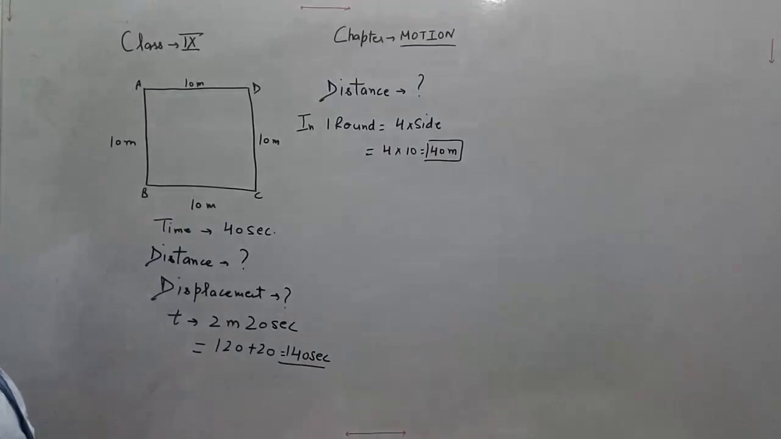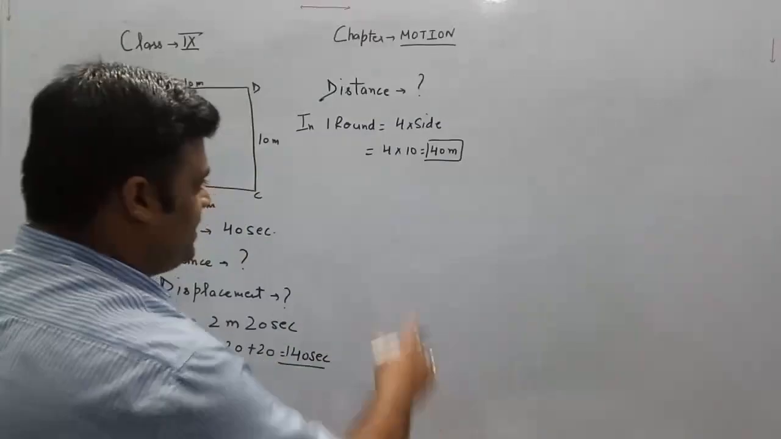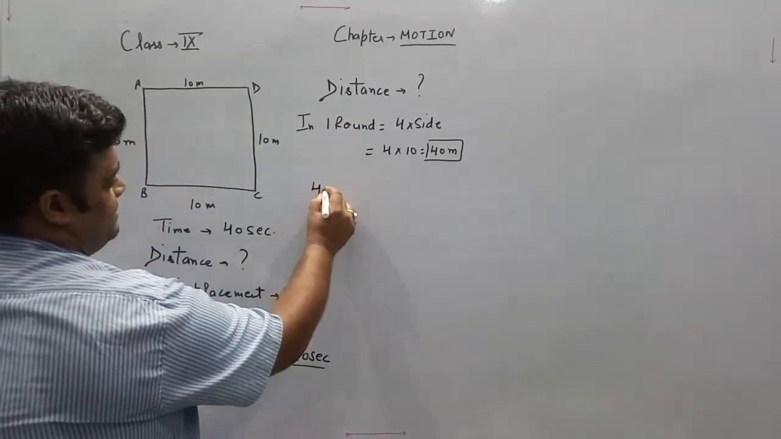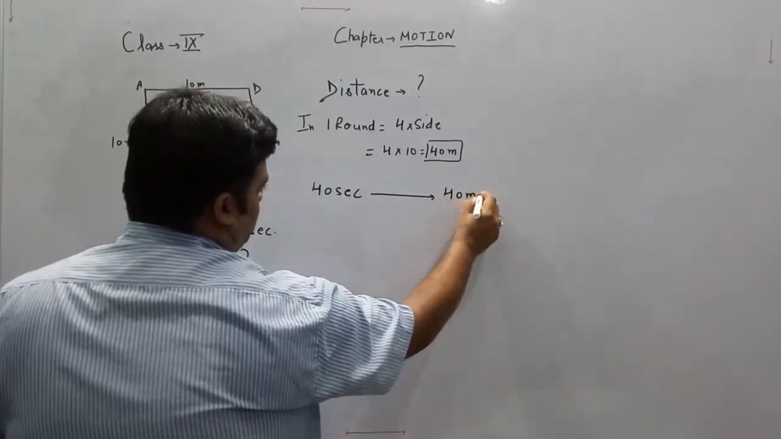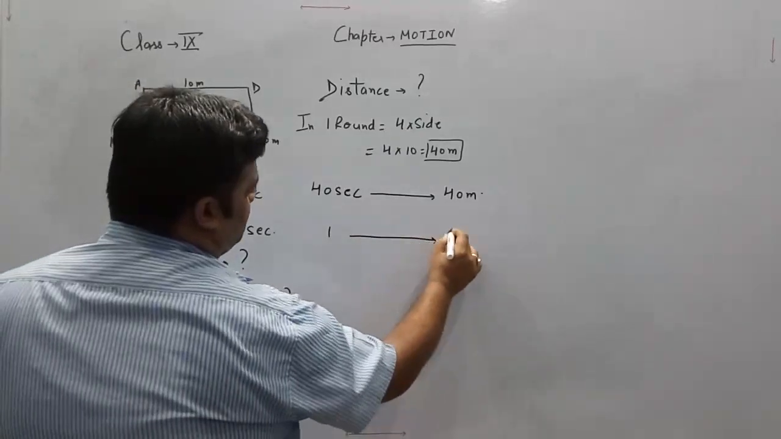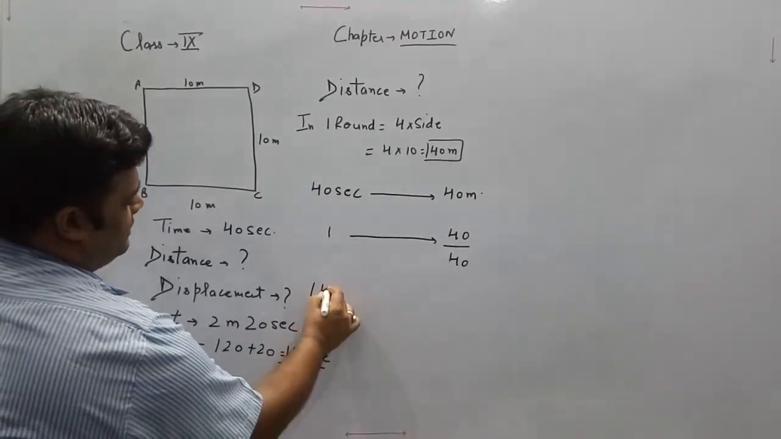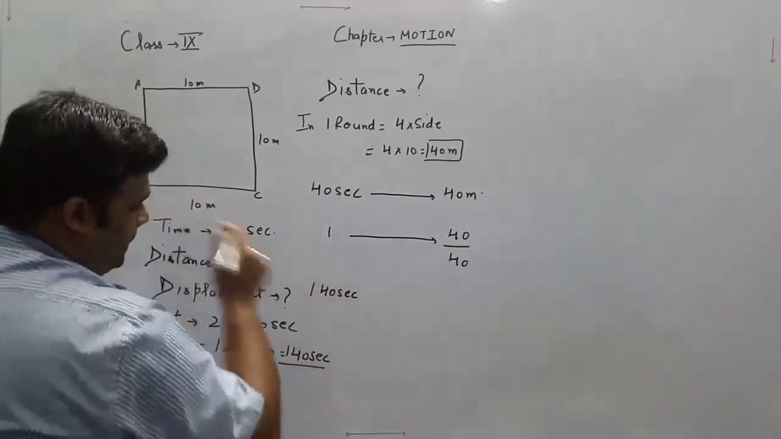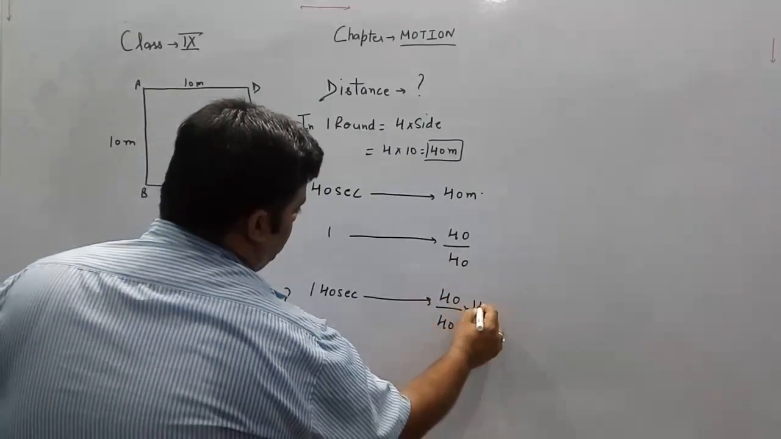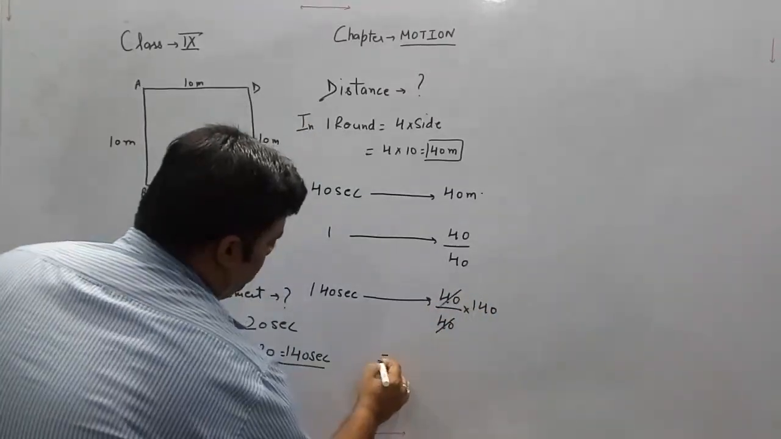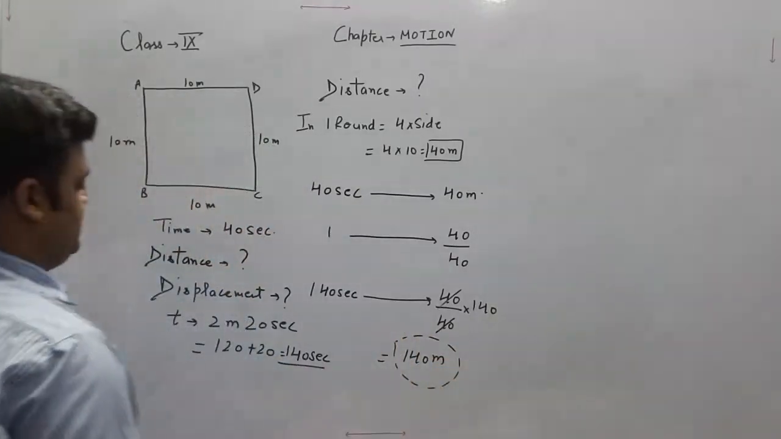After 140 seconds, how much distance will that person cover? A simple unitary method: in 40 seconds that person is covering 40 meters. In 1 second that person will cover 40 divided by 40. In 140 seconds that person will cover 40 divided by 40 multiplied by 140. That means 140 meters. So the first answer for distance